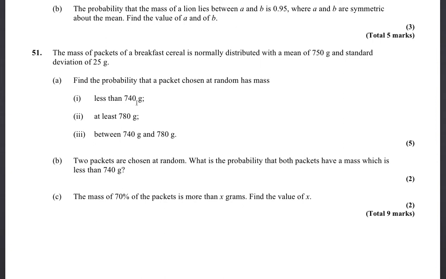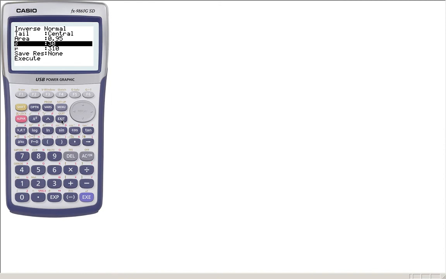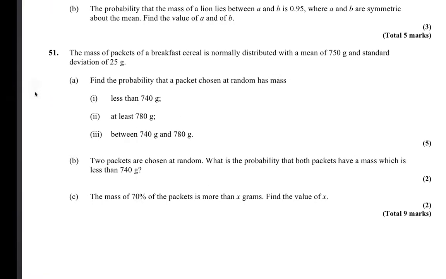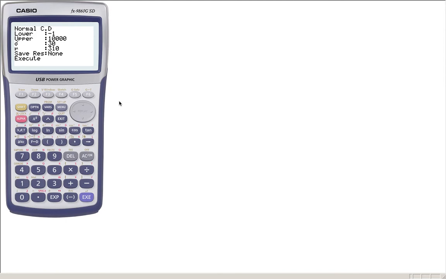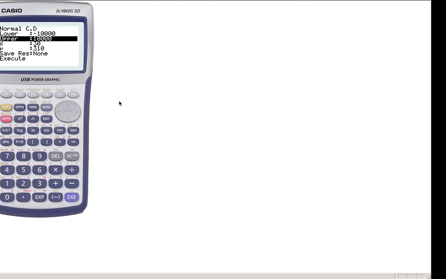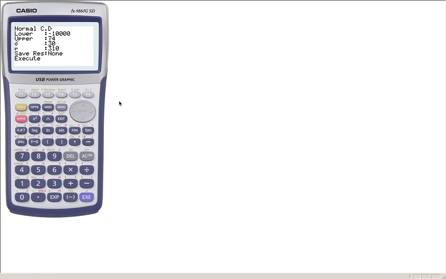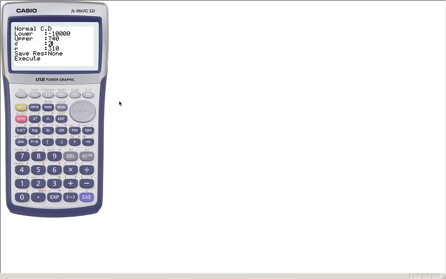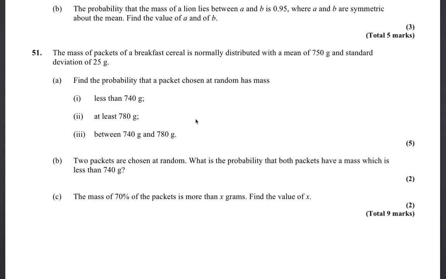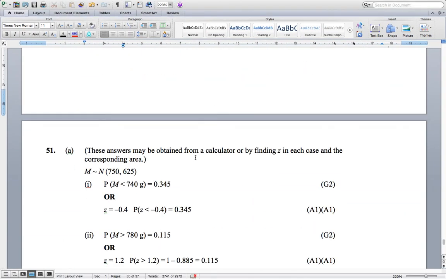So, straightforward question. Exit, Distribution, Normal. I'll use NCD. I need less than 740. So the lower limit will be minus 10,000. Upper limit will be 740. Sigma is 25, is it? Yeah, sigma is 25. Mean is 750. So the probability is 0.345. So A1,